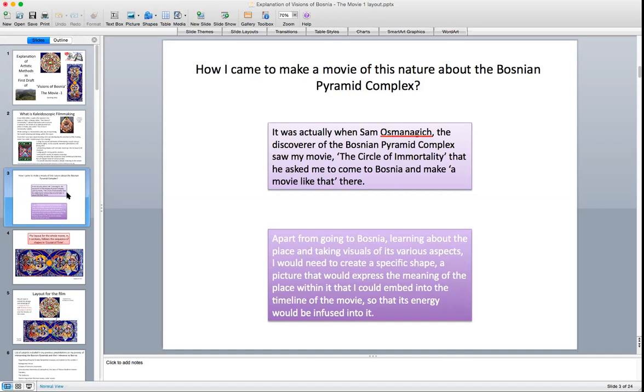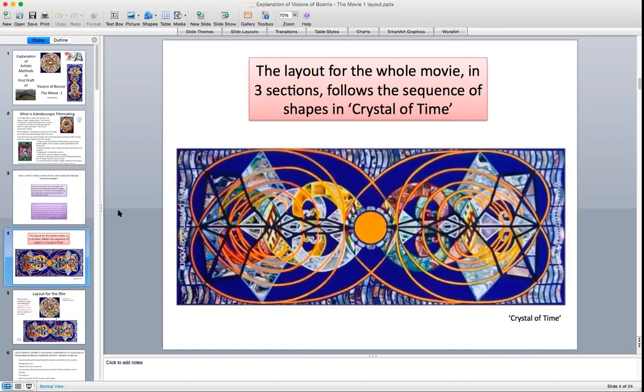Now, I'm going to explain to you in a little more detail what I mean by that. So the layout for the whole movie in 3 sections follows the sequence of shapes in the crystal of time. Now, this is the shape that I ultimately came to create to express the meaning of Bosnia. Now, this picture did not spring out overnight from nowhere. It was a very long and intricate process of